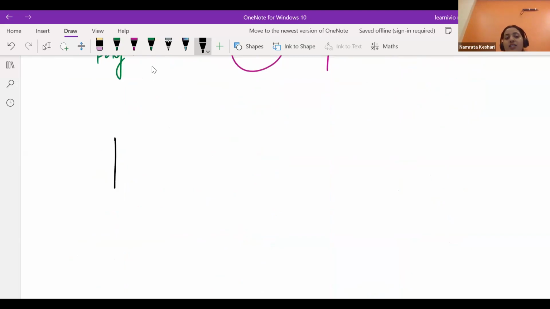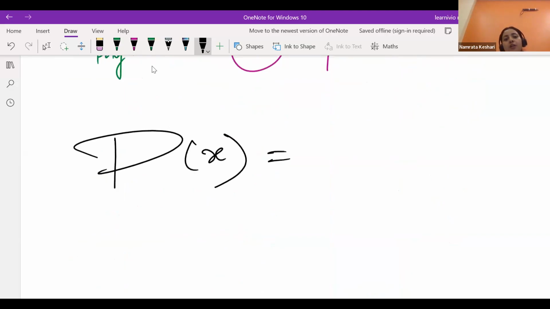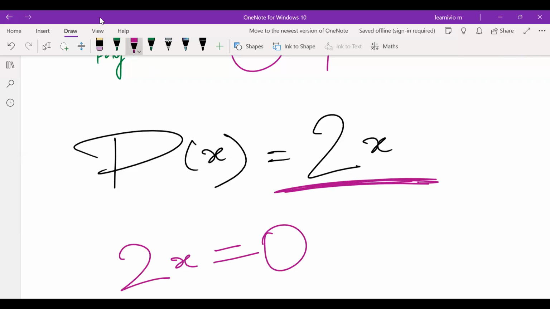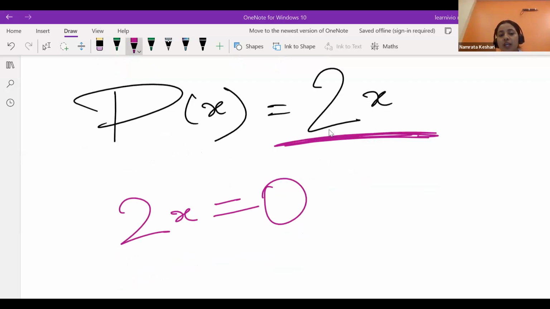So suppose, for the last example, your polynomial looks like 2x. Let's find the 0 by using the method. The method says that whatever the polynomial is, just take it equals to 0 and try finding the x value. x will be minus 2. Pranav, please take a pause and solve it. Multiplication will be